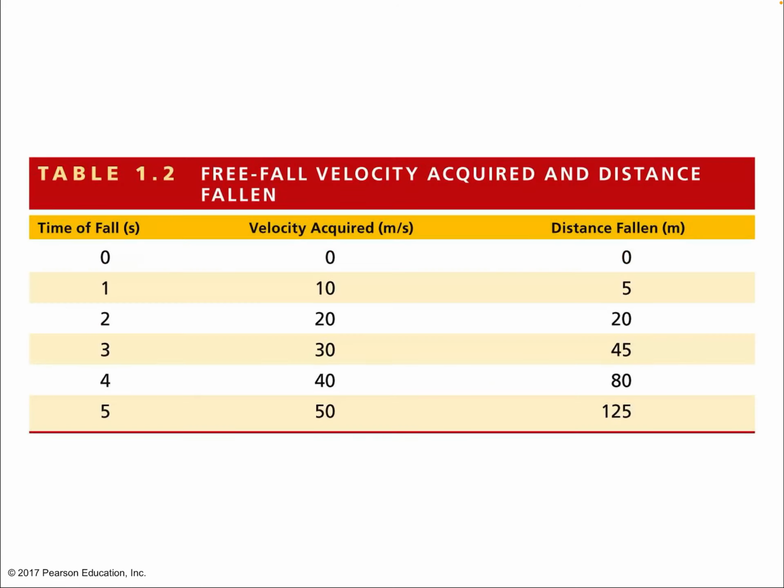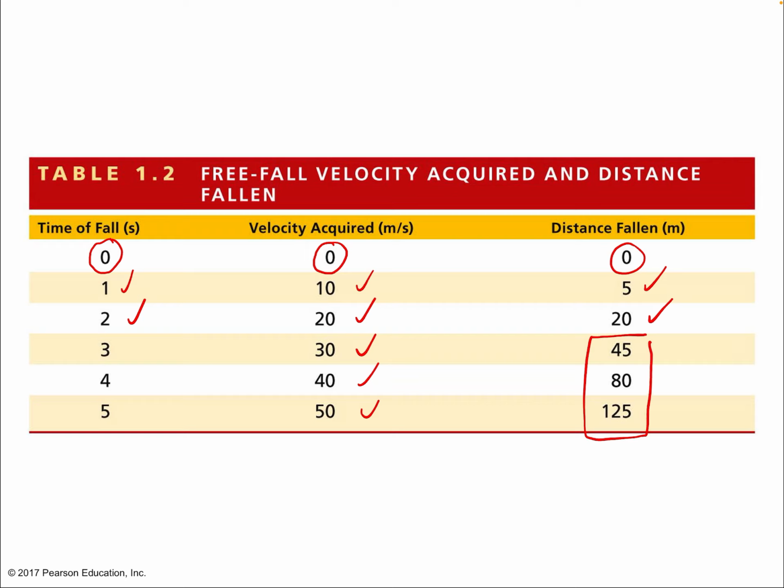Okay? Here are the values. All right, so you start something from rest. So that means that the moment it starts, it hasn't gone anywhere, so it isn't moving yet, and it hasn't fallen, right? We just start the clock, at the starting line. Then we drop the object and we watch it fall. After 1 second, it's falling at 10 meters per second, and it's covered a distance of 5 meters. After 2 seconds, it's now traveling at 20 meters per second, and it's covered 20 meters. All right? And we know these ones, 30, 40, 50, but look what happens to the distance traveled.